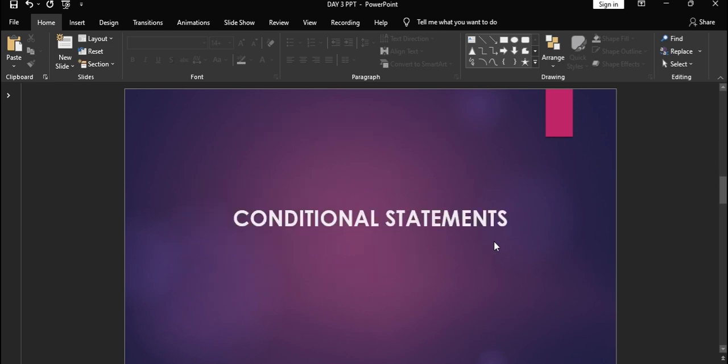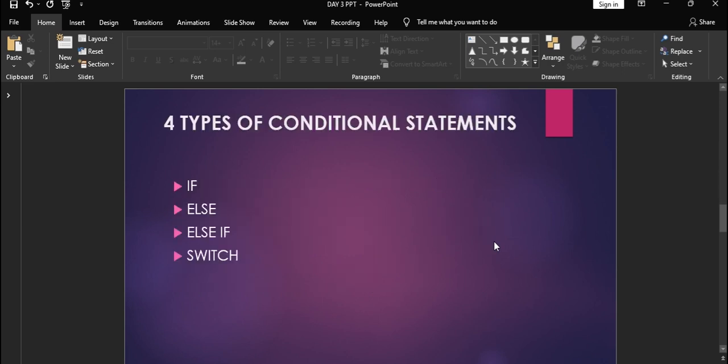And then we discussed the conditional statements, that there are 4 types of conditional statements, that is if, else, else-if, and switch. And here else-if and switch work in a similar way. If there are 2 to 3 conditions to be evaluated, we can use else-if, but if there are more than 5-6 conditions to be evaluated, we can use the switch statement, so that it gets easier for us and the code does not look cluttered. And the switch statement works on cases.